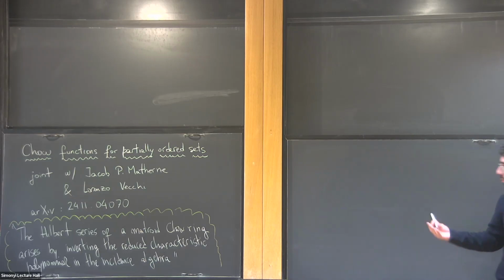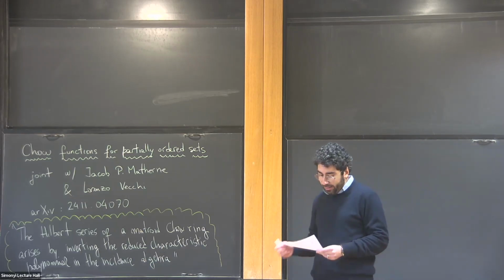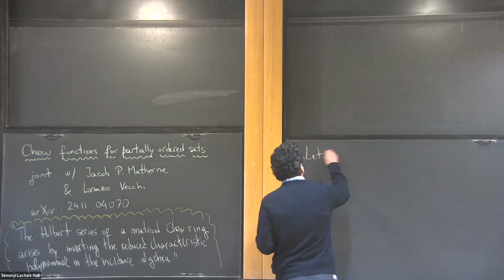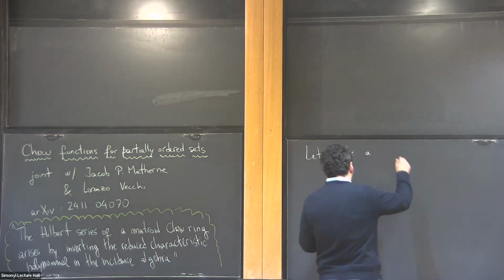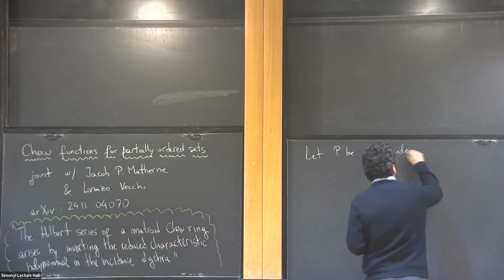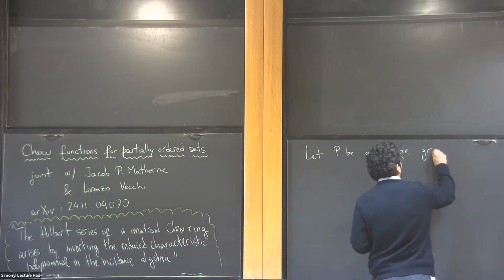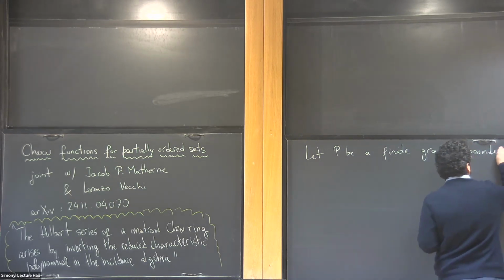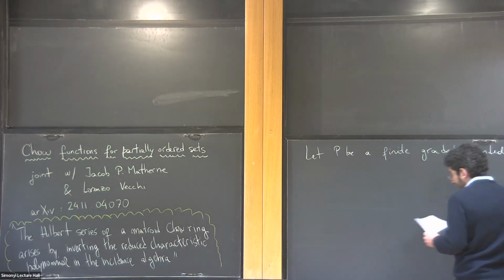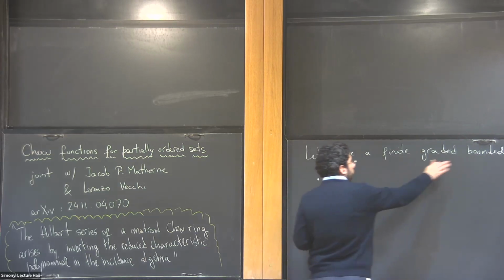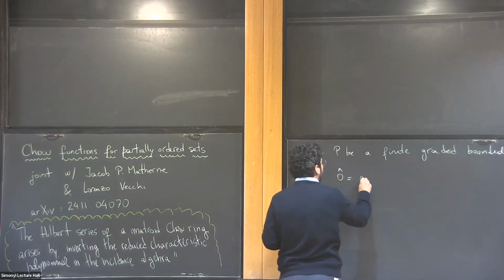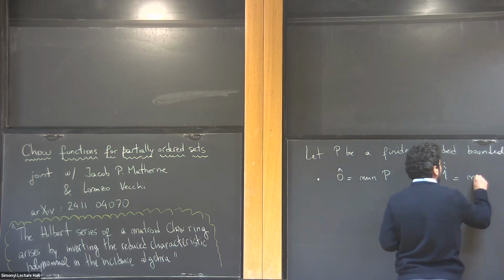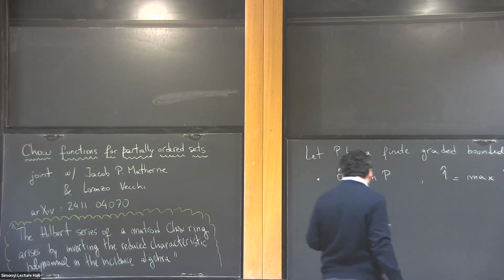Okay, so let me start the actual talk by fixing some notation. Throughout this talk, I will have a finite graded bounded poset P, which means that the part of being bounded means that there is a single element 0 hat, which is the only minimum of P, and there is a single element 1 hat, which is the only maximum of P. And